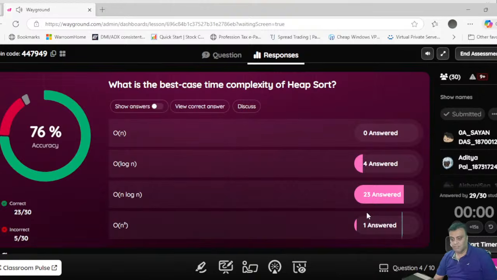Again, the same thing, it will be n log n, not log n, because each element can take traversal time. Even in best case, it will take that. It doesn't depend on the ordering of the sequence, because heap is a heap. At the end of the day, you are starting to work with a max heap or a min heap. So best case, worst case, average case, you'll always work with data which is already in a structured manner. Same structure, best case, same structure, worst case, because you have to work with a max heap in order to do heap sort. So it doesn't depend. The data will always be in a normal max heap manner for best case, worst case, average case. It will always be n log n.